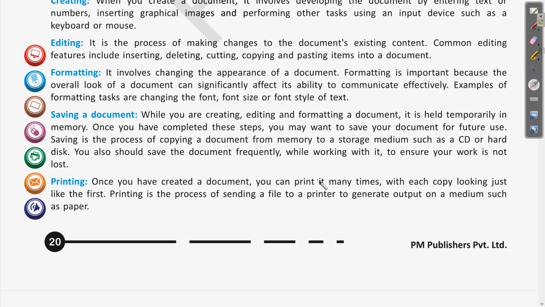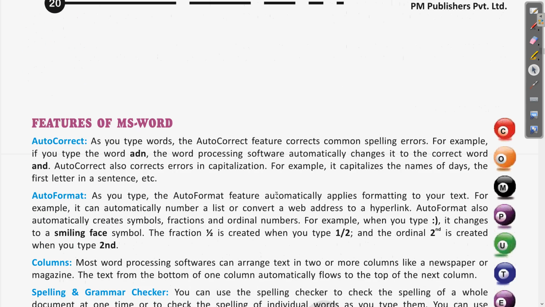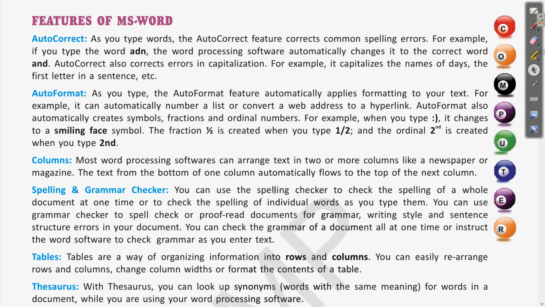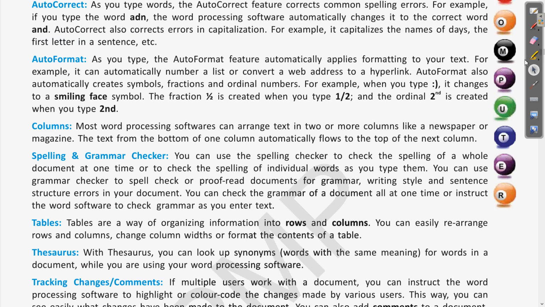Printing is printing the things on a piece of paper, that is the hard copy which is printed, and the soft copy is the thing which is on our computer. Clear. Then we have seen the other features of MS Word like autocorrect, auto format, clear, spelling and grammar check, which is very important. Whatever mistakes we make while writing, Microsoft Word underlines the mistakes with colors accordingly.